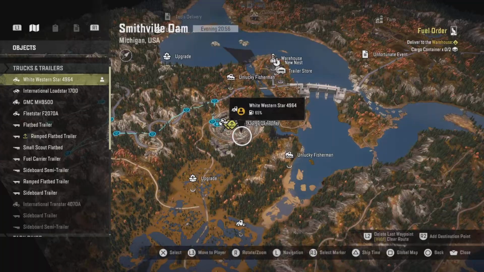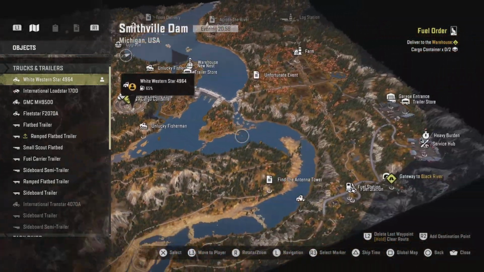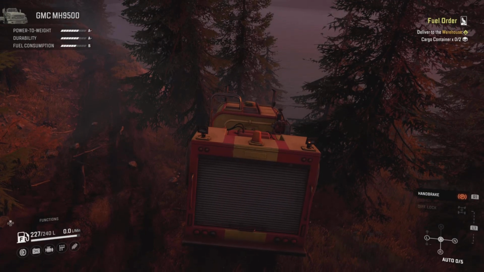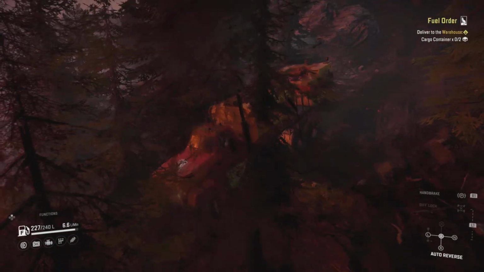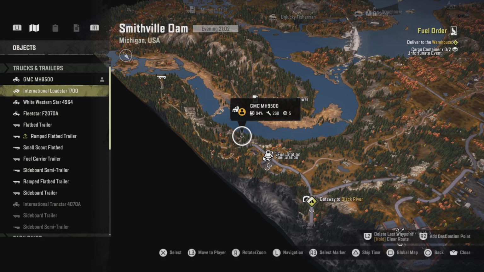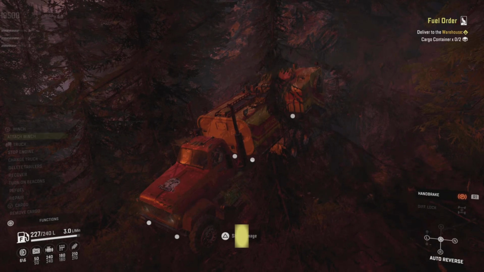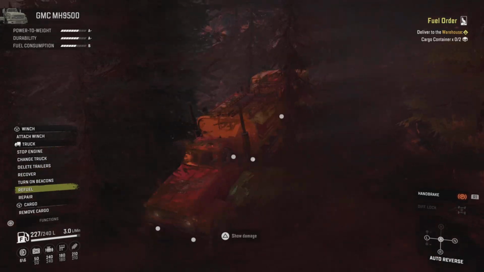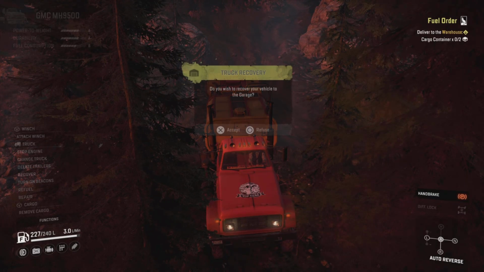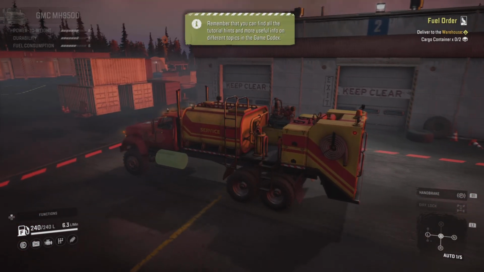Okay, let's instead, for this episode then I guess, we're gonna get the GMC over and try and recover it that way. So, I think, to be honest, it's fine to recover this truck. I'm forgetting buttons. Recover this truck back to the garage, and then we'll wheel it out and get it over towards the